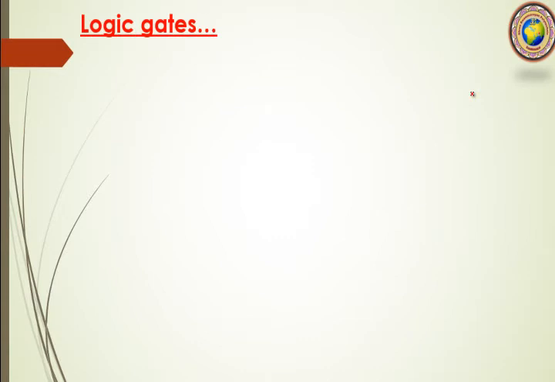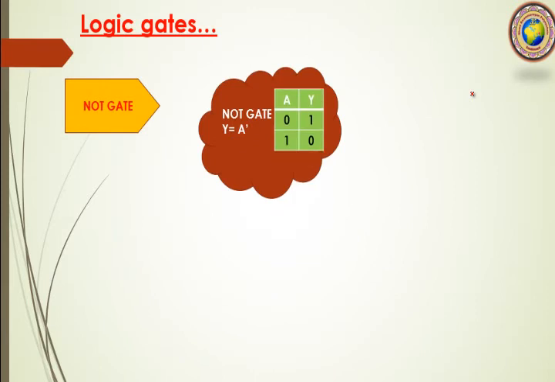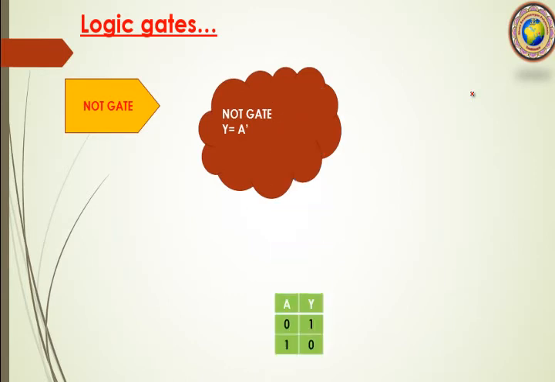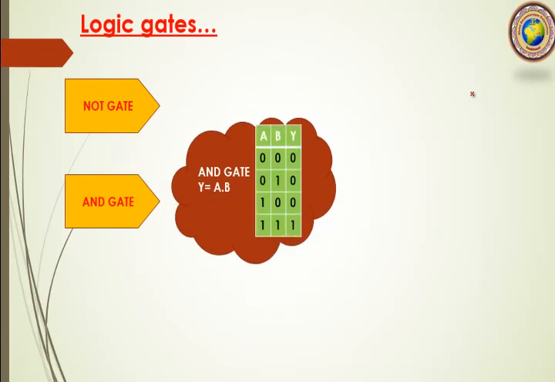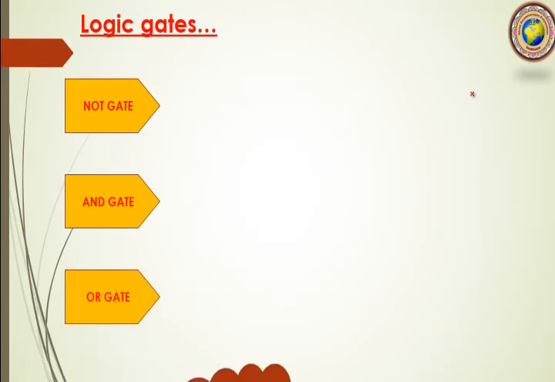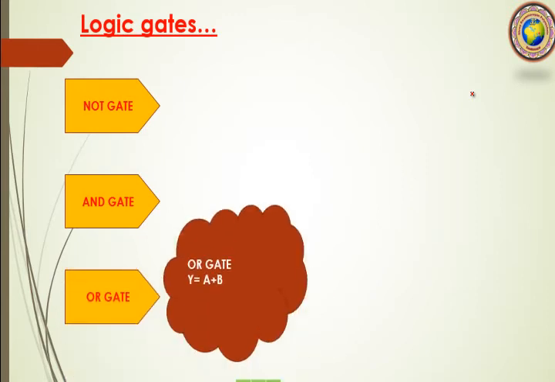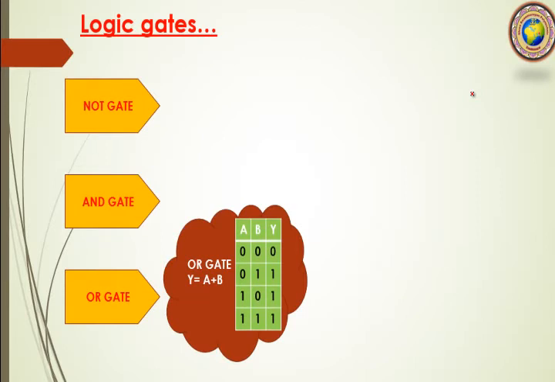Now, logic gates. Let us revise the gates, their truth tables and their Boolean expressions. So this is our recap. The NOT gate is y equals a bar: if input is 0, then output is 1, and if input is 1, the output is 0. In the same way, the AND gate is y equals a dot b, and the output is 0 0 0 1, for the fixed inputs 00, 01, 10 and 11. Then the OR gate is y equals a plus b, and our output changes to 0 1 1 1.